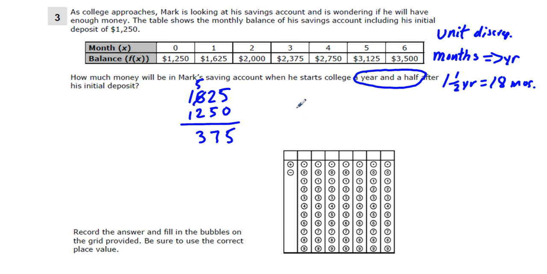So we can write it like this: 3,500 plus 12 more months times 375 per month. And you check also that this is 375, right? It's a constant. It doesn't say that, so you have to figure out that you're adding 375 every time. You can see that. Well, if you put that in the calculator, you get